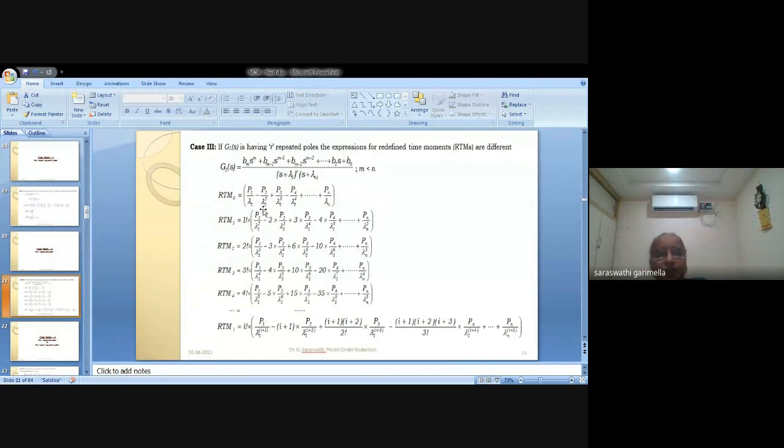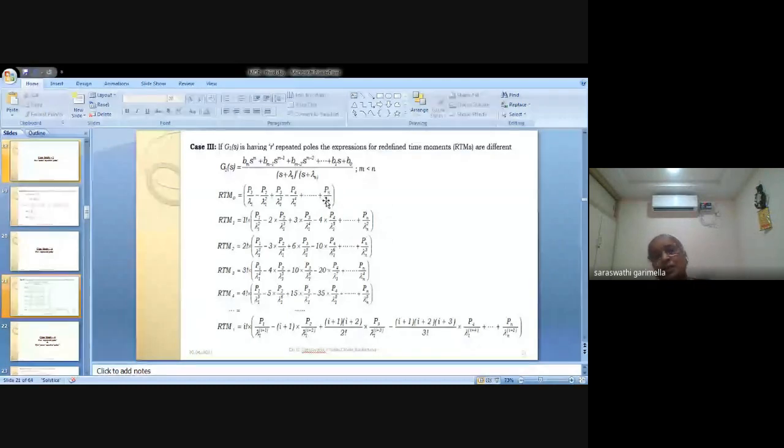So you will get the RTM 0 as, because the same way we did in the previous case 1. If you do the same way, then you will get P1 by lambda 1 minus P2 by lambda 1 square plus P3 by lambda 1 cube minus P4 by lambda 1 to the power of 4, and so on, minus 1 to the power of R, PR by lambda 1 to the power of R. Actually, I took this snapshot, that's why I could not add the term. Up to R it will come. Later, these things, R plus 1 and all, will repeat. Whatever we have done in case 1 will repeat for the remaining N minus R terms.